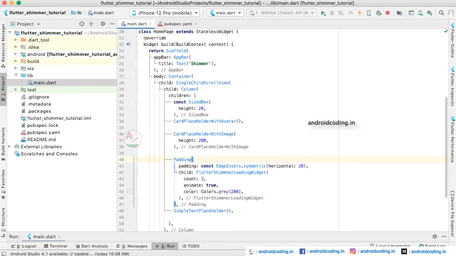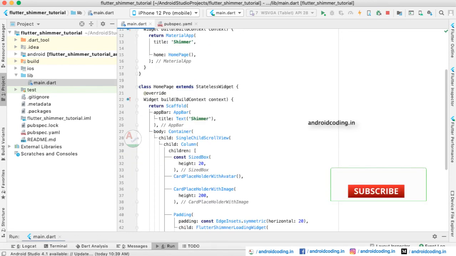If you have any queries, do let me know in the comment section below. Now I think you understand the basic usage of the shimmer effect, and this is quite an optional thing in your application. If you think it's right for your application, then you can easily go ahead and add it. Generally, new applications in the current scenario are adding this shimmer effect as a part of their design aspects. So it's your wish completely. If you want to add the shimmer effect, this is the procedure.